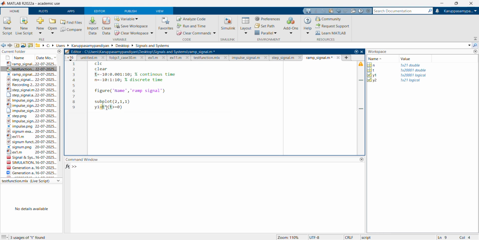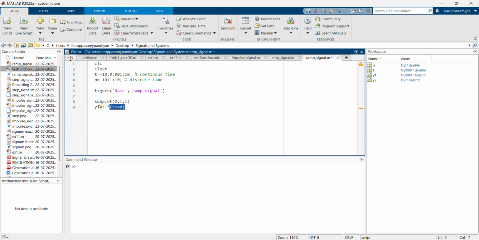Now I wish to do this for each time step. Whenever you want to do this kind of operation for all the time steps, like for a vector, there is an operator called dot star. This is the multiplication of each element in the vector with these values, right? This is going to create a vector with a condition whenever t is greater than or equal to 0, the signal will be there. Whenever t is less than 0, obviously this is a false condition,